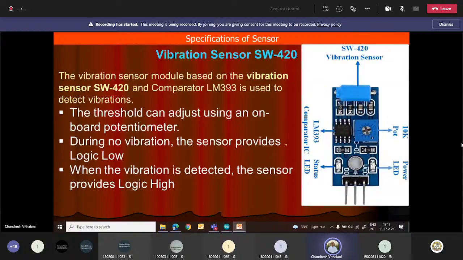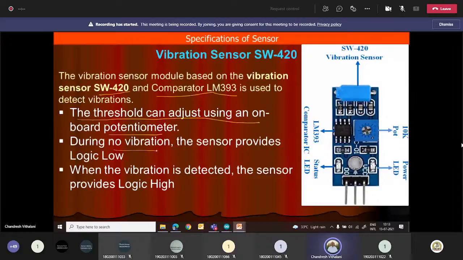The vibration sensor module based on the SW420 vibration sensor is very popular again. Inside that, the LM393 comparator is used to detect the vibrations. The threshold can be adjusted using the onboard potentiometer, which you can use to adjust the threshold value.